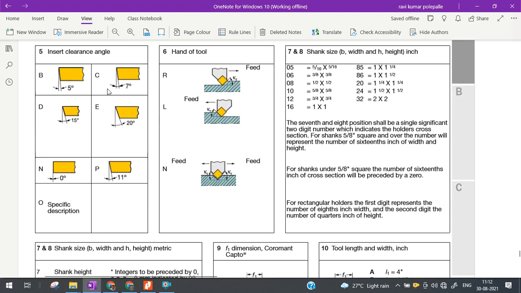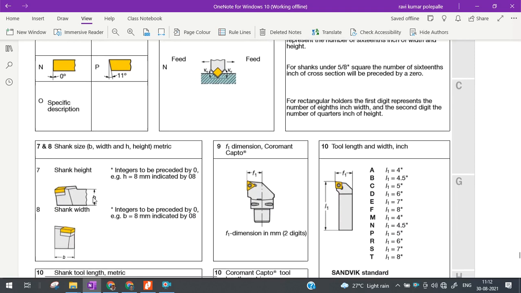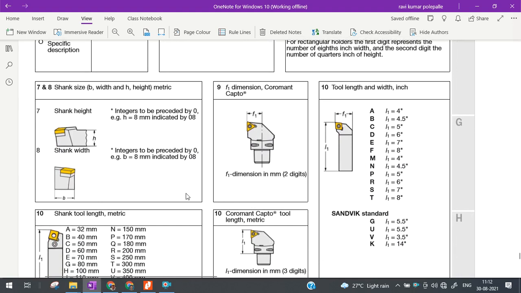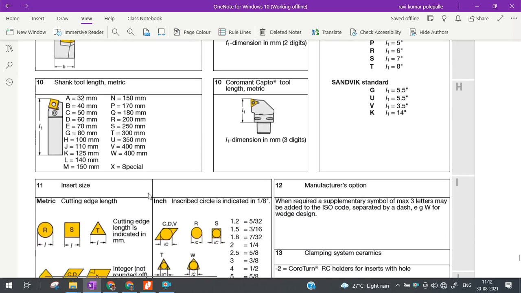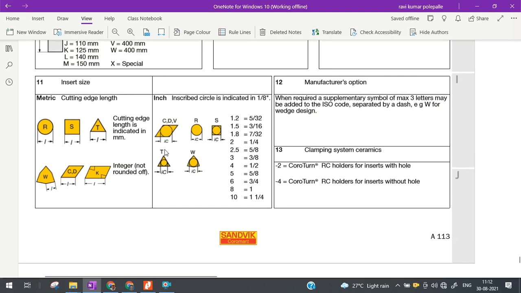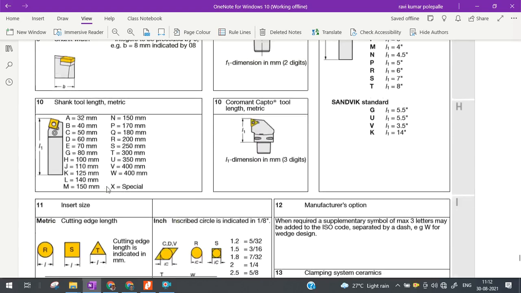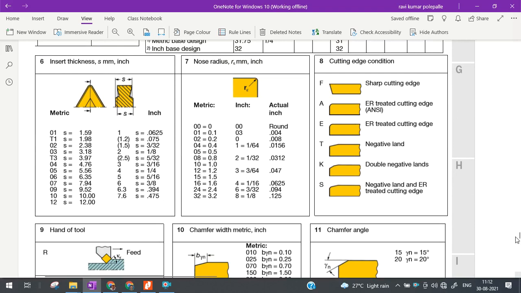So tool clearance angle, left hand tool or right hand tool, shank height, shank width, shank length, total length of the shank, right? So this is all the information that has to be provided, right? So this is regarding the inserts and tool holders, right? So this will complete the discussion on cutting tool materials, or rather unit 4 as a